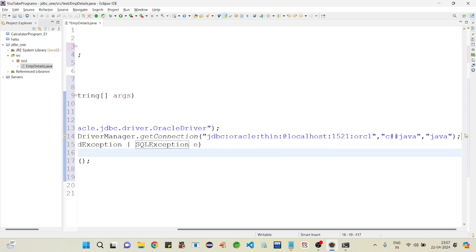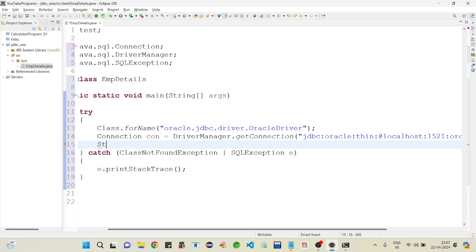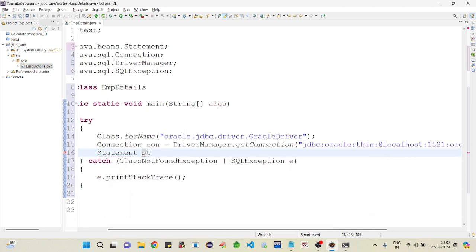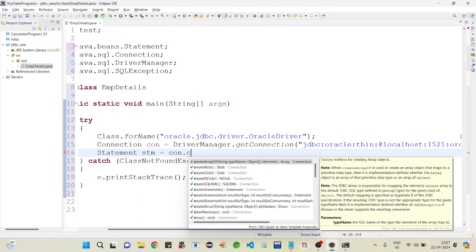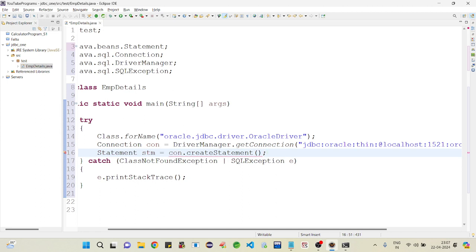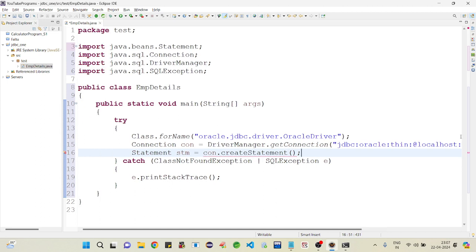Now we need to create the implementation object for Statement: con.createStatement. This method returns the implementation object for the Statement interface. An error is coming because by mistake we imported java.beans.Statement. We need to import java.sql.Statement.